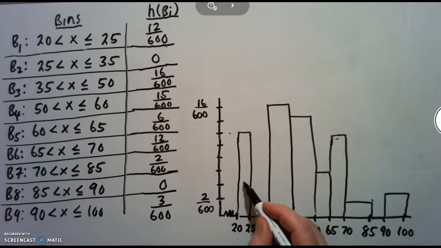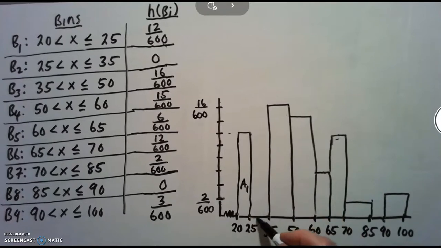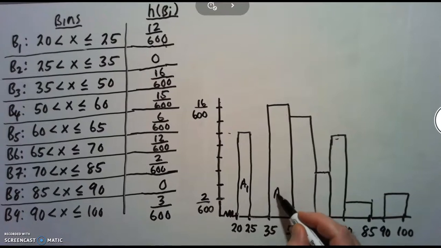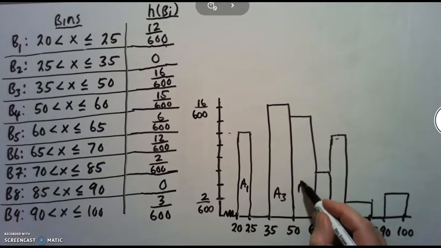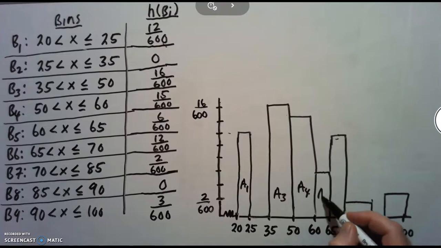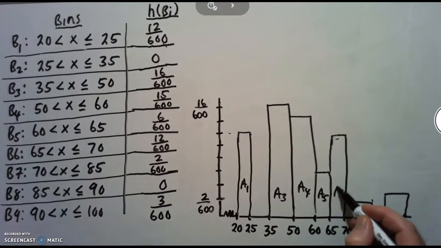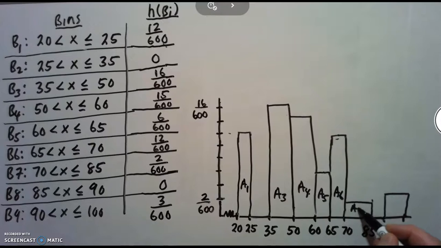I'm going to call the area of this guy A1. Then the area of this one A2 down here, but I guess there's 0 area in that one. So I'll call this A3 then over here. A4, A5, A6, A7, A8's down there, and A9 over here. Okay, so let's recall how to find